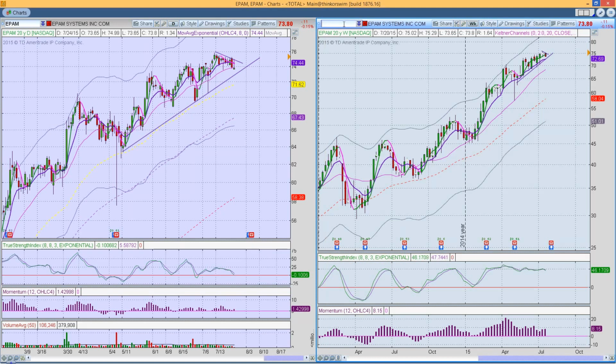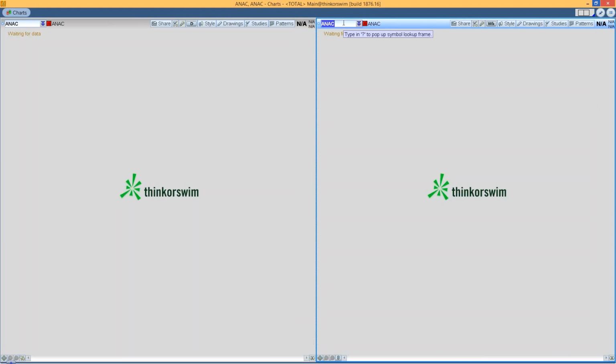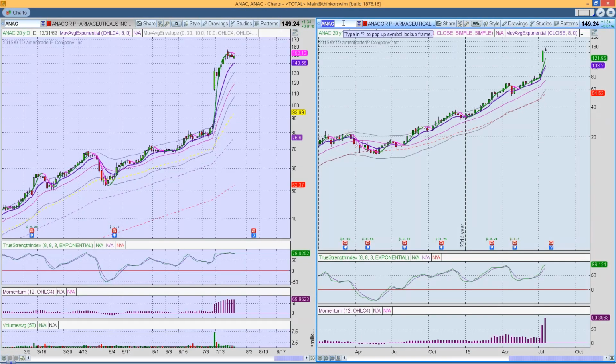ANAC, excuse me, Judy. Okay. Somebody knows something going into earnings. Hence the huge, and perhaps one of their drugs that was in clinical trial was approved, or something took place to get this nice, significant, huge gap up. Because I mean, look at this.